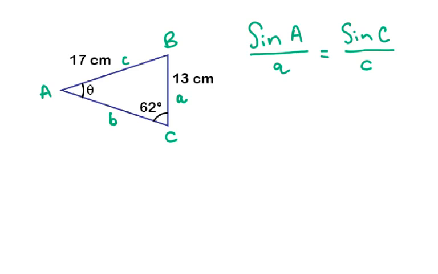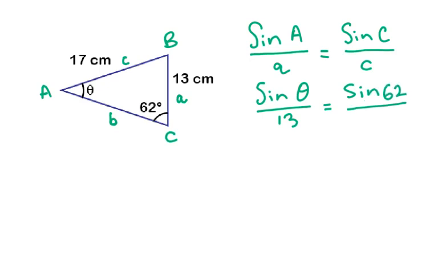So let's pop the information in that we have. So I've got sine A, and my capital A is a theta. So I'll replace that, and the side for A is 13. Sine C is going to be sine 62 over my little c, which is 17. We now go through the motions of trying to get theta on its own. So I'm going to go sine theta is equal to sine 62 over 17